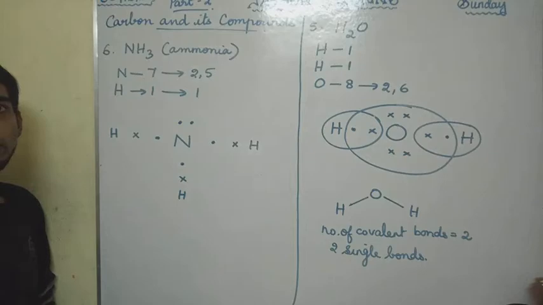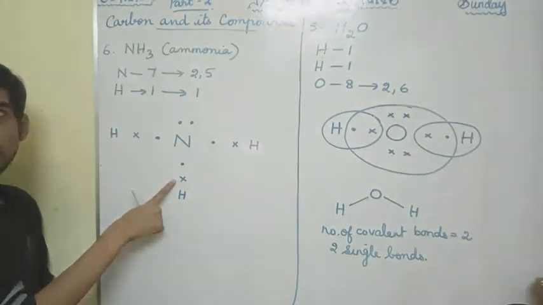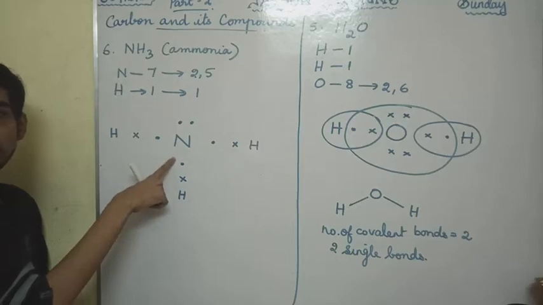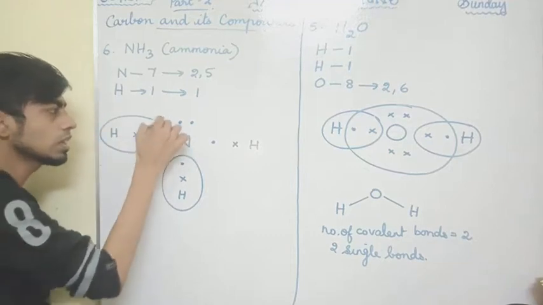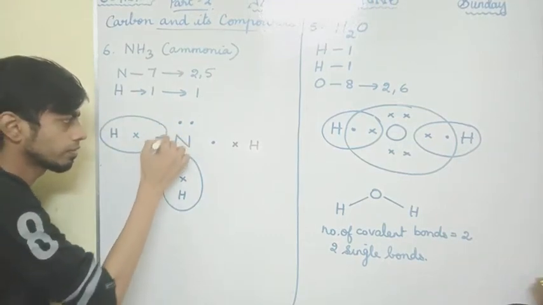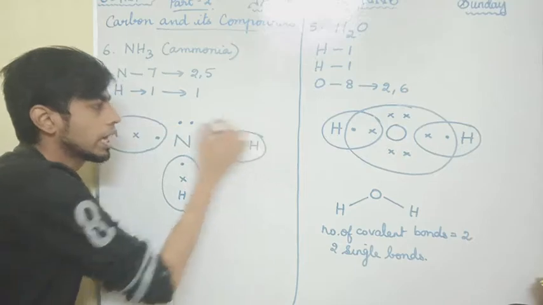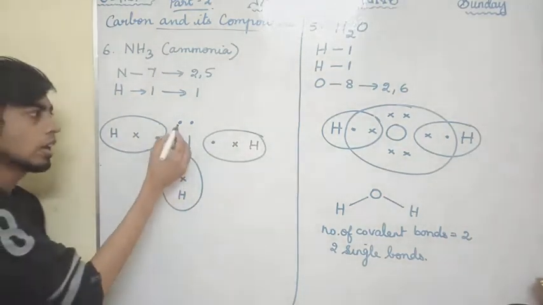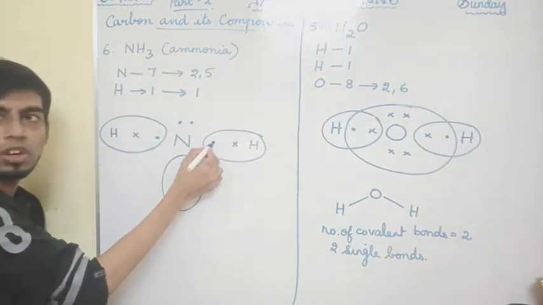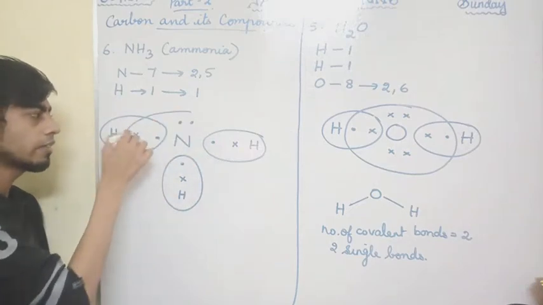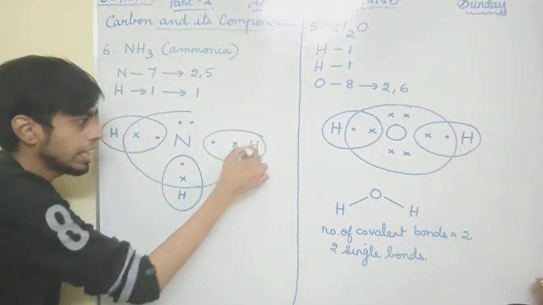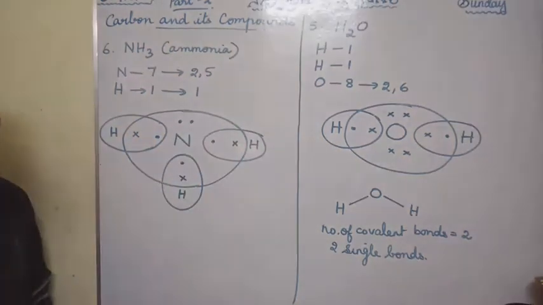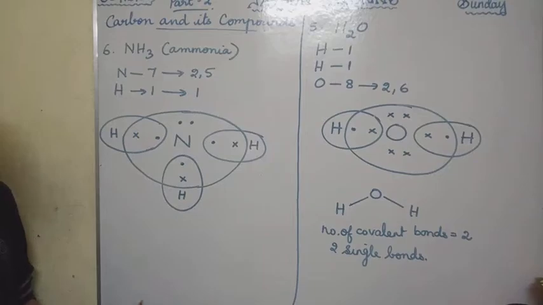Okay. Now I told you already, it is very easy to circle hydrogen because already it will have one electron, one more electron it will share from the other atom. So always for hydrogen it is easy to circle 2 electrons. Okay. Now coming to this nitrogen, already it is having 5 electrons. 6th electron it will share from this hydrogen, 7th electron from this hydrogen, and 8th electron from this hydrogen. So nitrogen also will get 8 electrons.